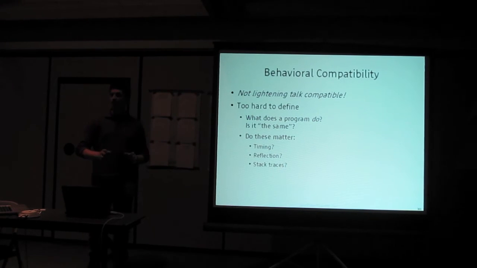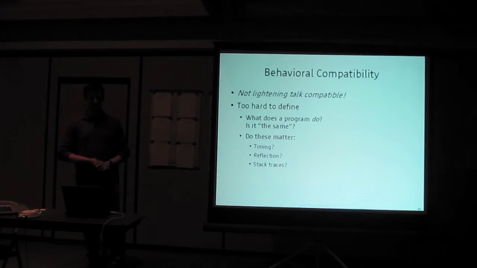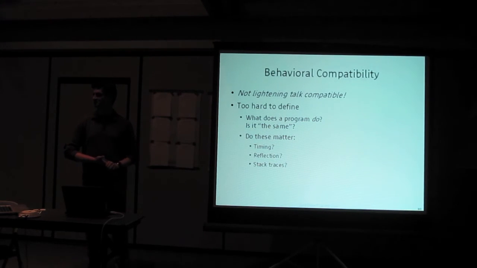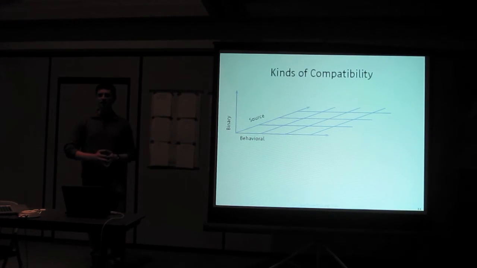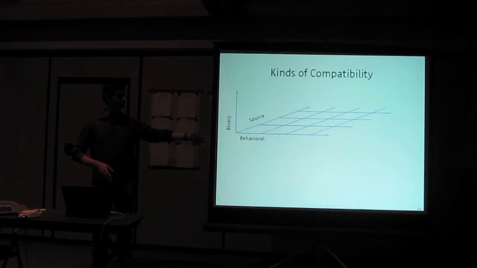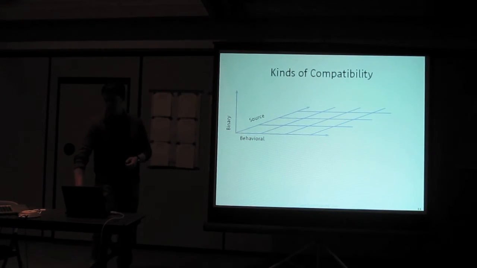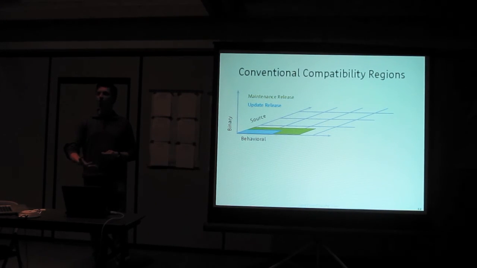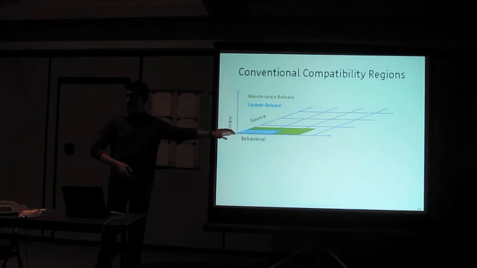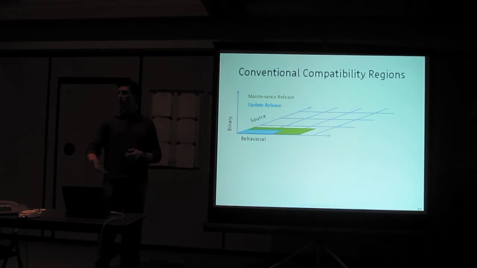Now behavioral compatibility is even worse, and it's not compatible with a lightning talk because it takes too long to talk about. Potentially your program could depend on timing, or reflection, or even stack traces, properties of the platform that aren't specified. So we can think of these different kinds of compatibilities as defining a three-dimensional space of allowable regions. When we look at evolving the JDK, smaller releases have a more constrained compatibility region. We don't want to make big compatibility changes in an update release, and we have somewhat more room in a